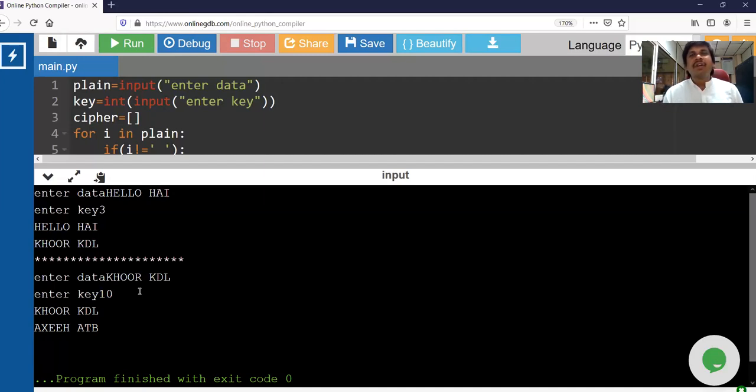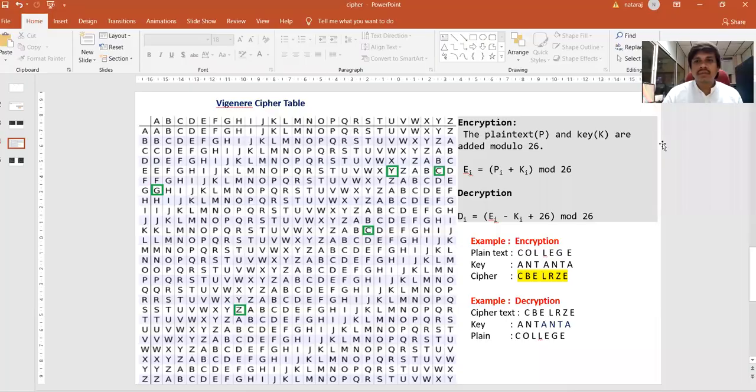Then my common sense will give me a 5-letter word which contains 2 same letters. Might be it is hello. So what I'll do, I'll take the difference between O and L. The difference between O and L is 3. So I got the key. As simple as that. So this is not suggestible for encryption and decryption because it is very easy to detect the key. Okay. This is the first technique.